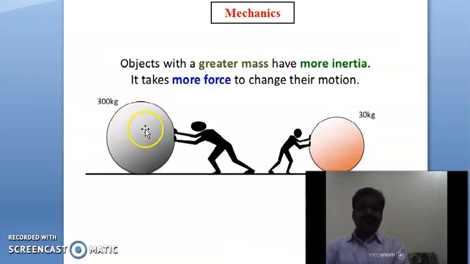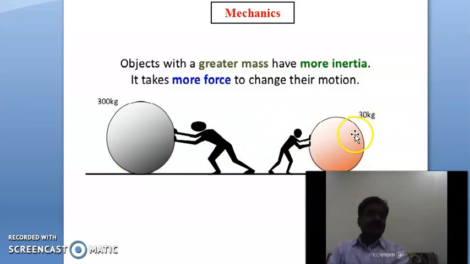Here I will tell you. There are two balls, or two objects we say. One is this and the other one is this. This object is greater compared to this object. Then you may ask how it is greater. No doubt it is greater in volume, greater in mass. The mass of the other is less. So we say this is heavier as compared to this. Yes or no?